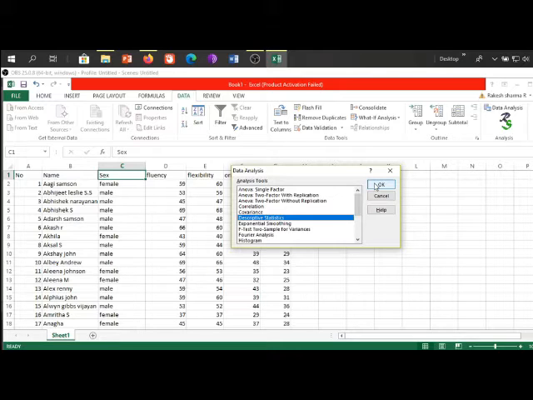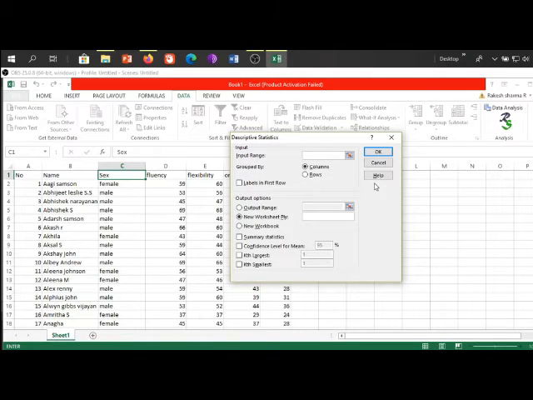Click on the option and click OK. You will see another window which popped up. It shows the segment of input and output range. You will need to ensure that the data is to be evaluated on the basis of columns and not on the basis of rows.